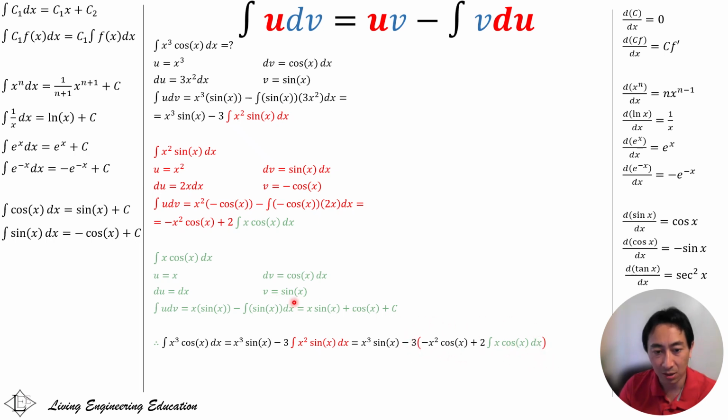And then I do one last substitution of this term into this. And so x cubed sine x minus 3 times the quantity, negative x squared cosine x plus 2 times this component, which we solve for in that third step right there, x sine x plus cosine x. All of that plus c because